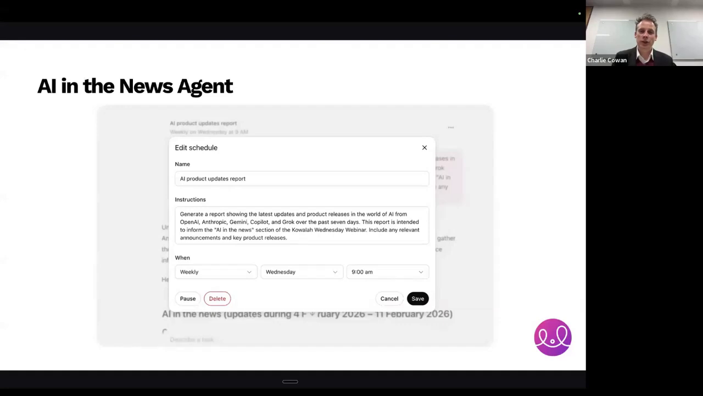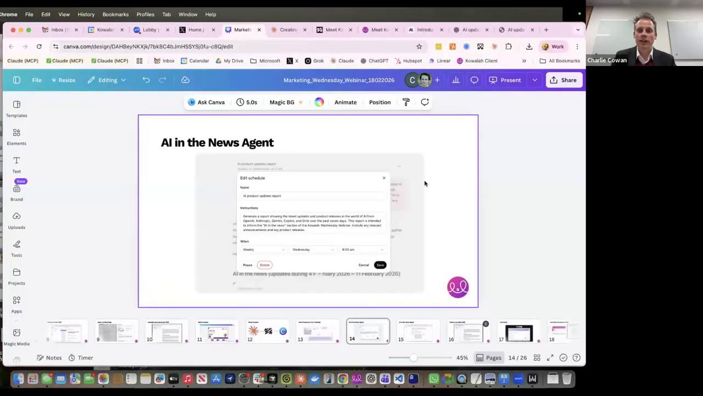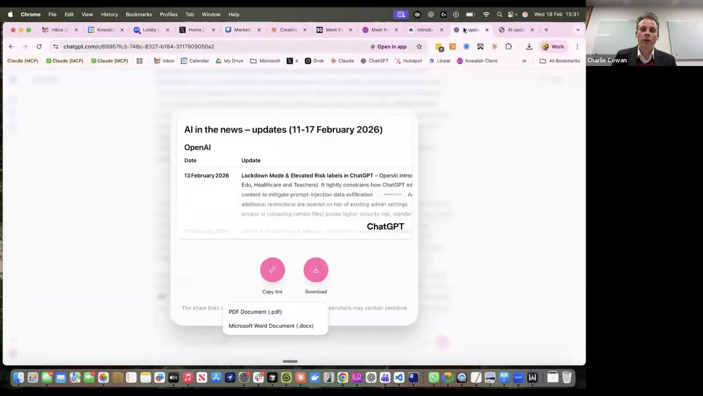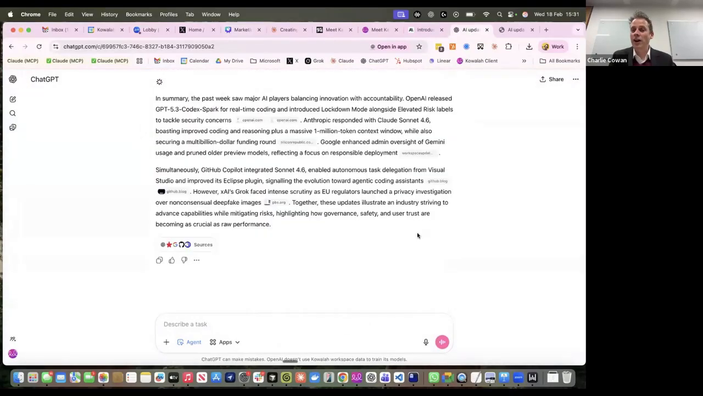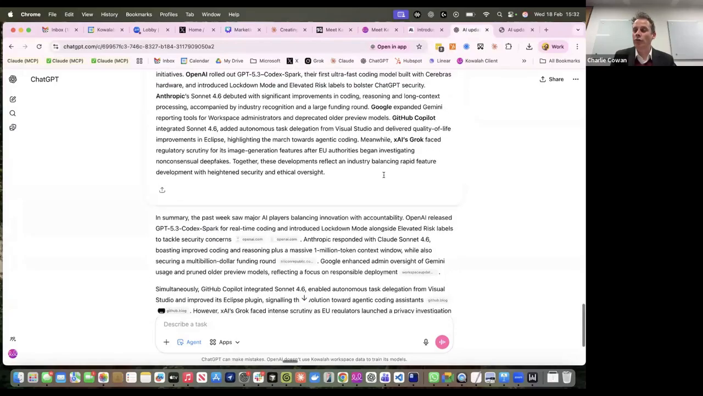Generate a report showing the latest updates and product releases in the world of AI from OpenAI, Anthropic, Gemini, Copilot, and Grok over the past 7 days. The report is intended to inform the AI in the news section on the Wednesday webinar, include any relevant announcements and key product releases. So on a Wednesday morning, I get an email at about 9:03 saying your report has